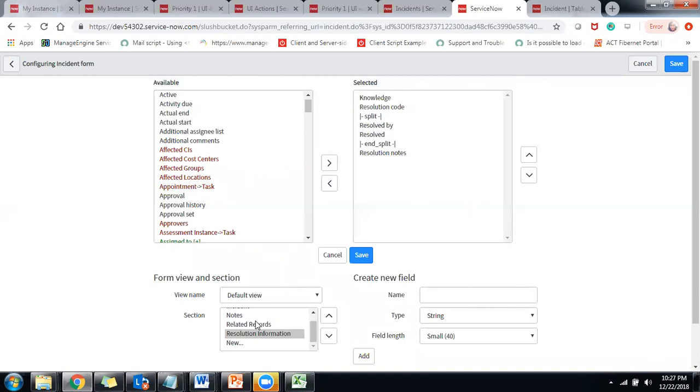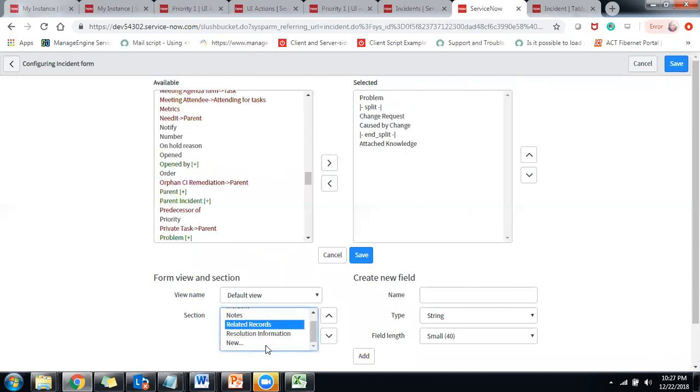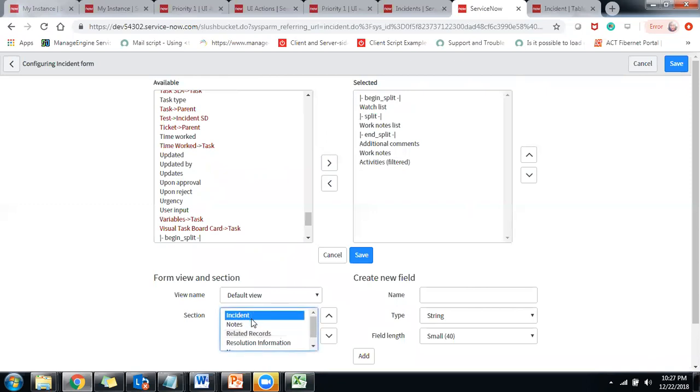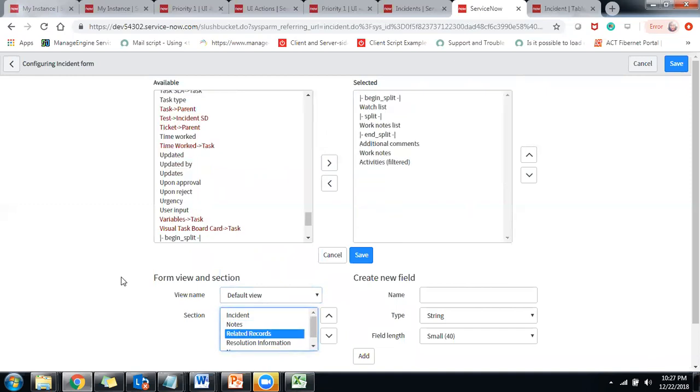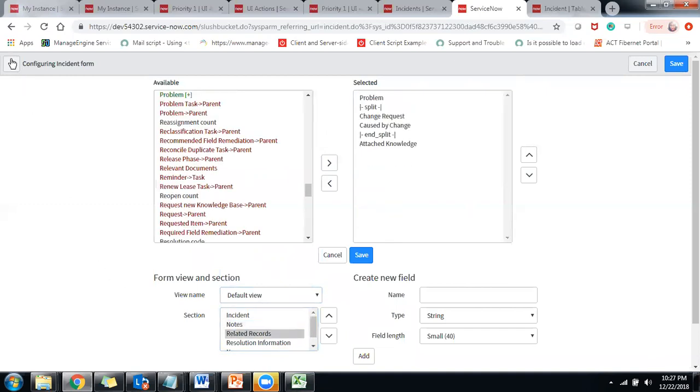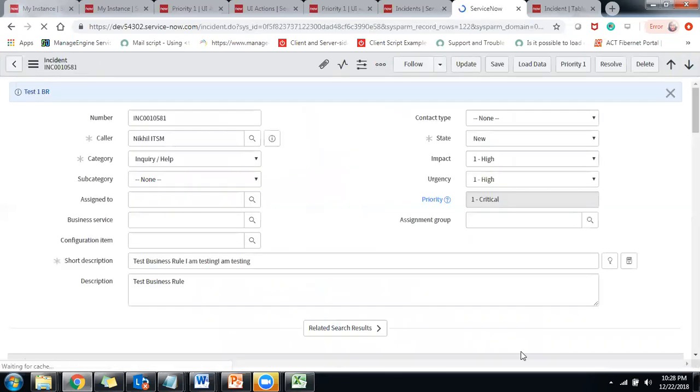So the form is now this incident form. But these are all your sections. The first one is your